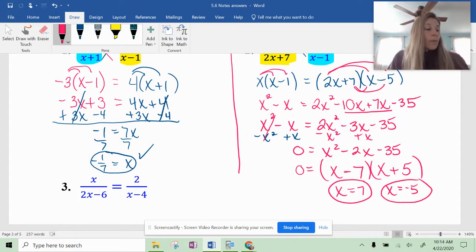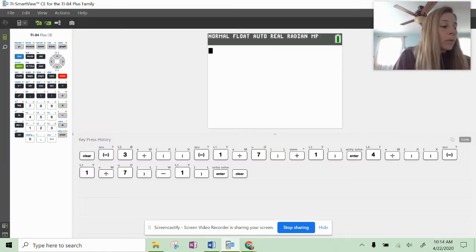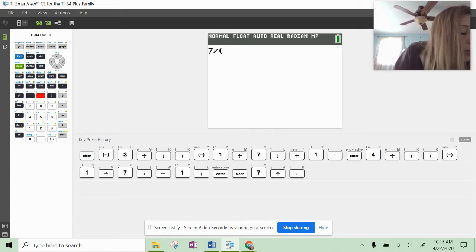So now at this point, we need to check those two solutions. So I'm just going to check them on the calculator. So my problem here was x over 2x plus 7 on one side. So I'm going to see what that works out to be. And I'm going to check the 7 first. So if I have 7 divided by, and then I'm going to plug in 2 times 7